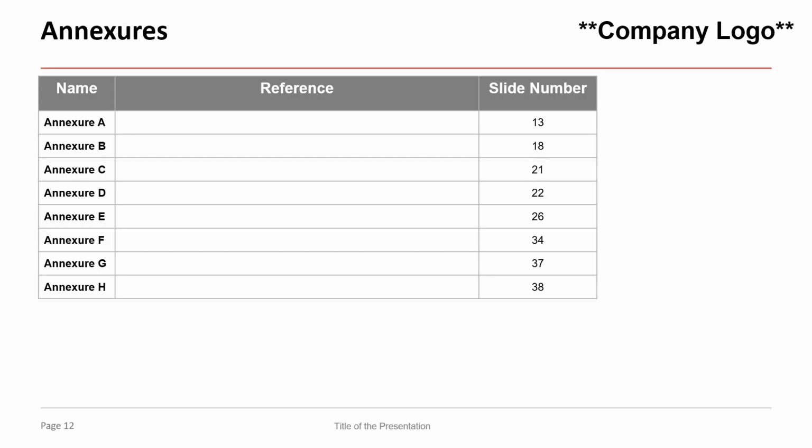So the reason why I have page numbers in front of the annexures is to refer to them. And here's a shortcut. During the presentation mode, if you want to go to a particular slide, you just have to type the slide number and press enter. For example, if I want to go to annexure B, I would type 18 and press enter.